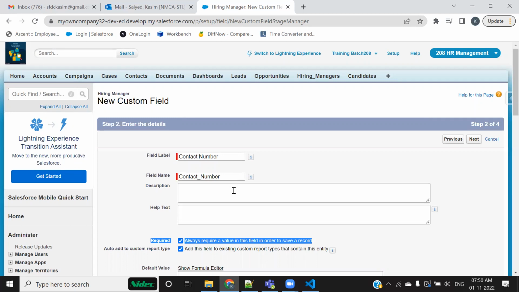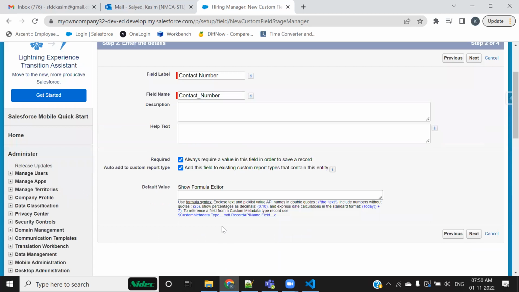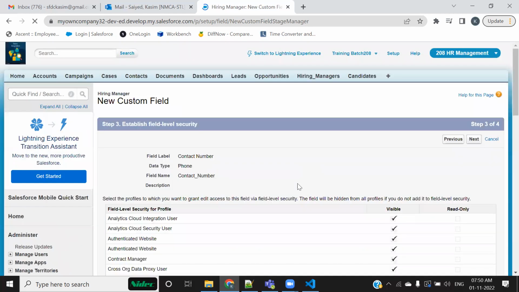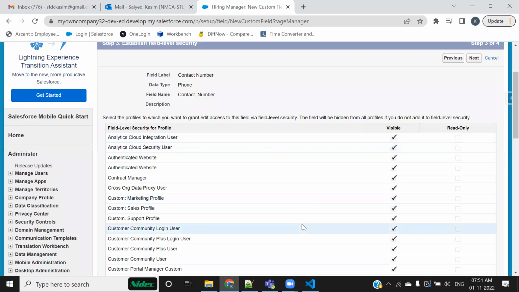Pay attention over here, because I'll teach you both of them, and then we are going to have a comparative study between both of them: what are the real-time circumstances where you have to go with this, and where you have to go with the second one. So when you click on this required checkbox and click on next, you don't have the option. Pay attention over here. Observations. 95% would be training, 5% would always be the observation.